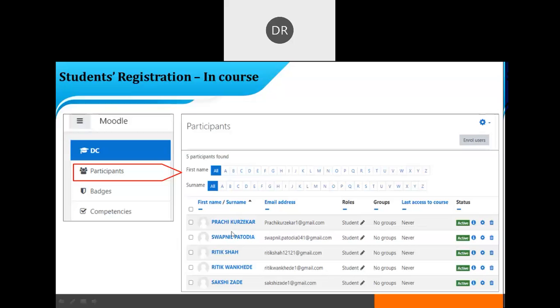You will find the name of the students, email ID, their roles, because we have enrolled them as students, like this. So this is the process of enrolling the students in bulk. This process has to be done by the faculty or the teacher.